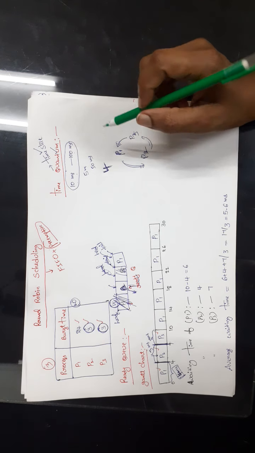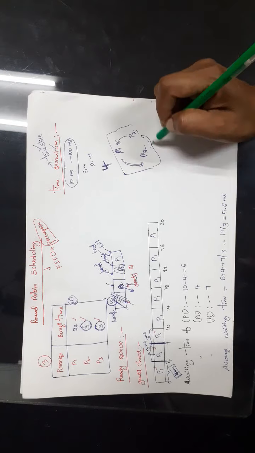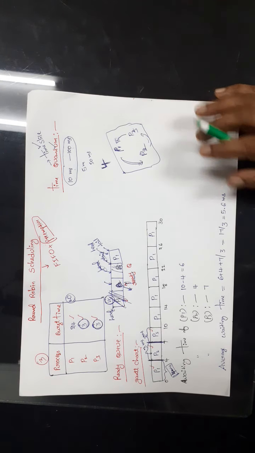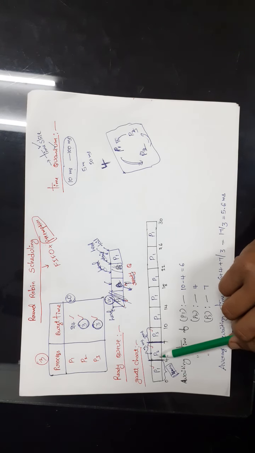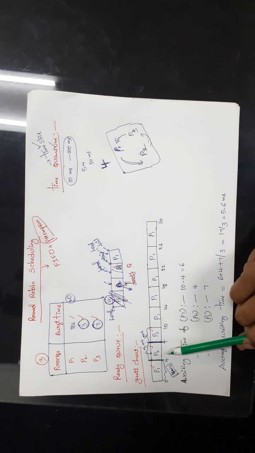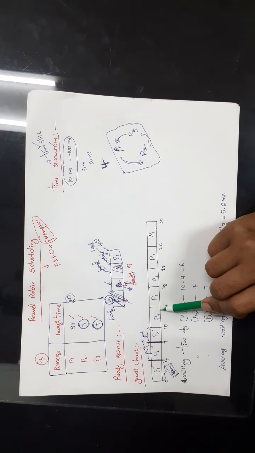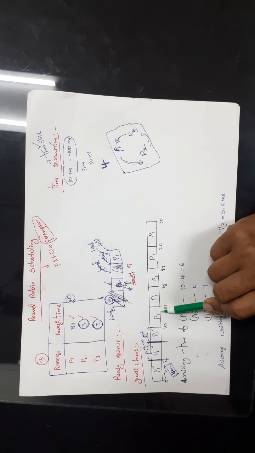Okay. So here in the round robin scheduling algorithm, processes will be executed in this fashion. Each process will get the CPU for a fixed amount of time. If a particular process finishes its execution within that time, then there is no problem. If a process does not finish its execution, then again it will get the chance to complete its execution.